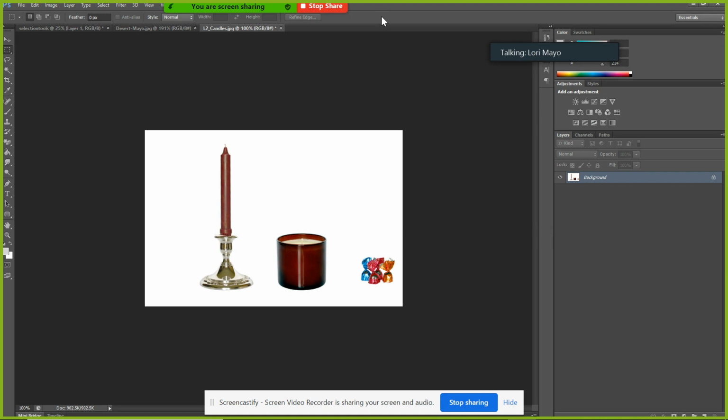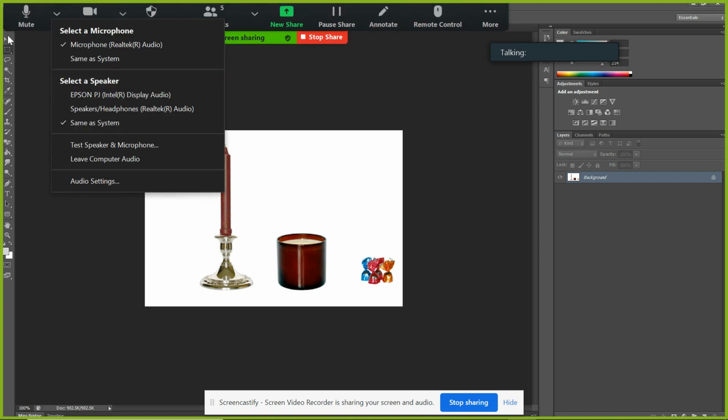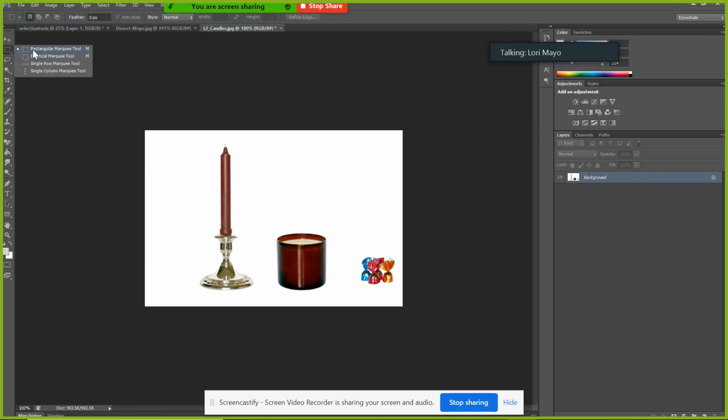So now my candle is selected. And so you say, well, now I need 3 candles. What am I going to do? I'm going to choose my rectangular marquee again. Some of you might choose a magnetic lasso. You might use a quick select. I'm not choosing the quick select because of the colors here. And the reason I'm choosing, let's see if this works,